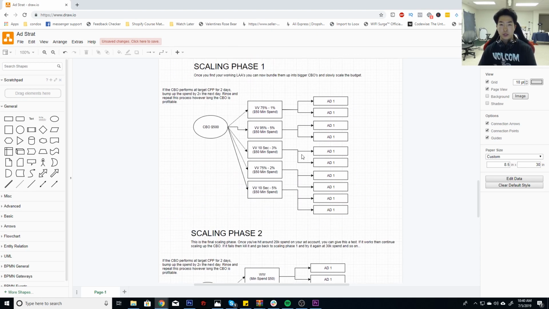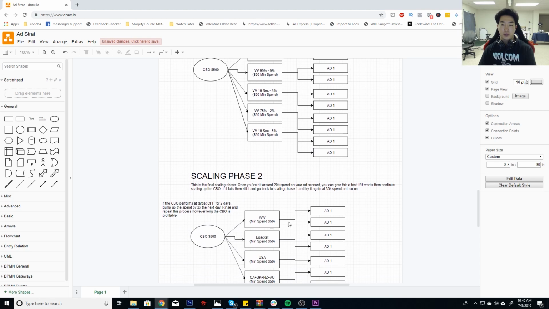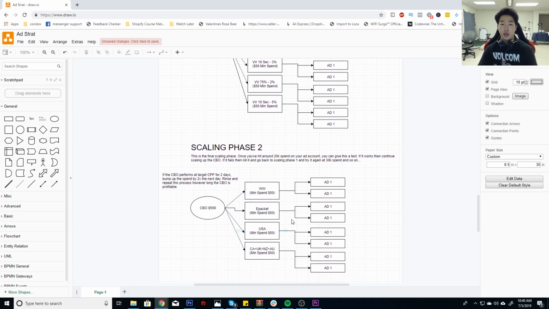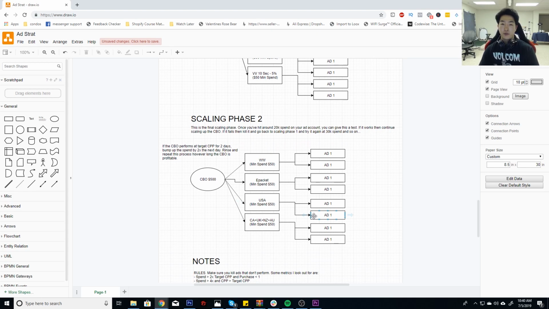And to go from scaling phase 1 to scaling phase 2 now, this is after you spend probably about $20,000 in your ad account and your pixel has somewhat matured. You can go into scaling phase 2, which is basically the ultimate scaling phase, because at this point you don't even have to specify the interest or the audience for Facebook. You just select the countries and let Facebook figure out who your audience is and who to target, which gives you an infinite amount of people to target, so you can just scale forever as long as the ad copy